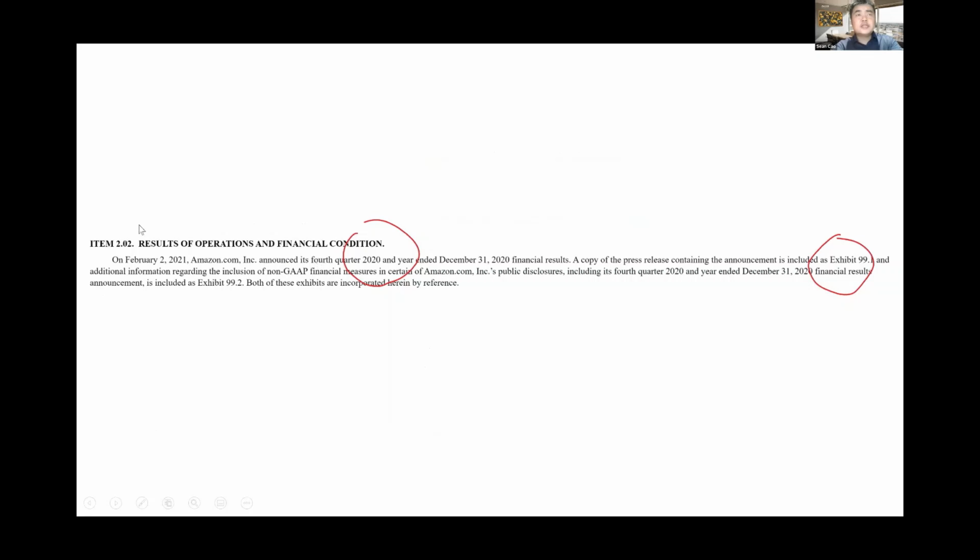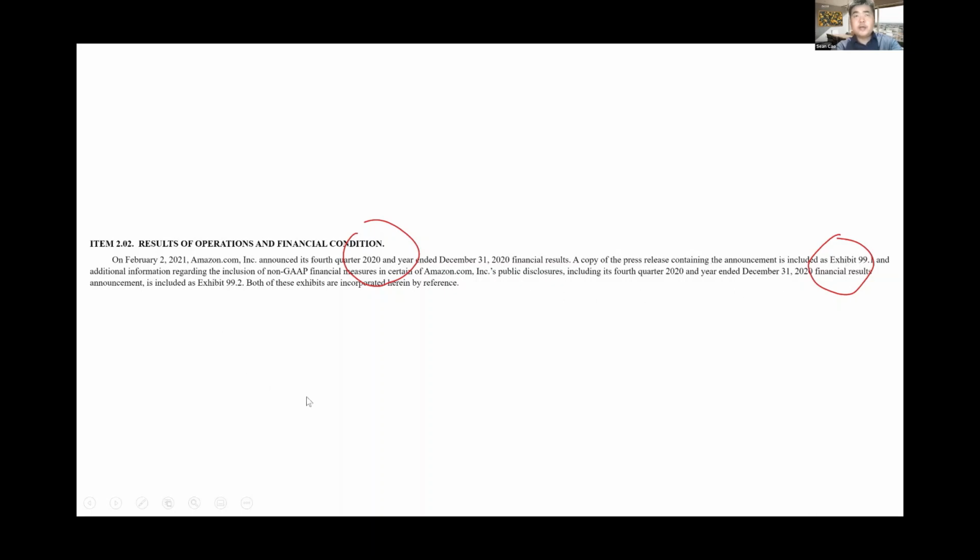Also, you can see that the format here is that they put the information in an exhibit. This is sometimes the challenge of 8-K information. If you really analyze the 8-K, you need to not just analyze item 2.02, you need to analyze the exhibit attached to 2.02. So these are the two things I want to say about 2.02. First, the financial information here is more timely than financial information from the quarterly report or annual report. Second, a lot of information is not in 2.02.